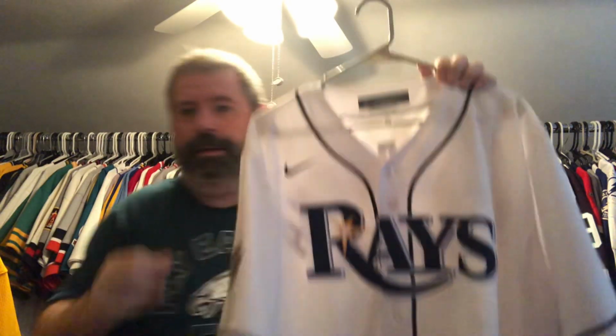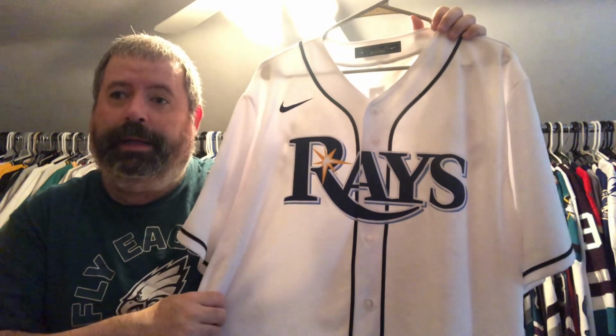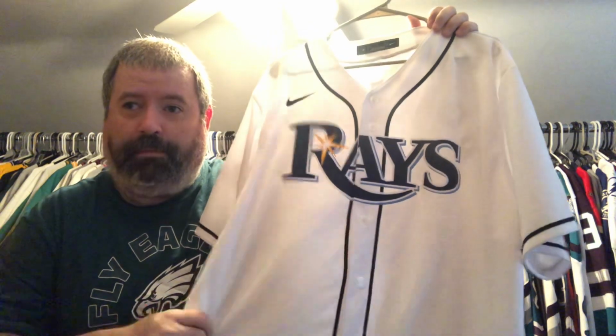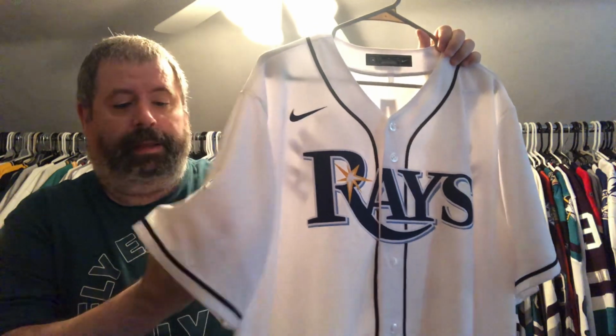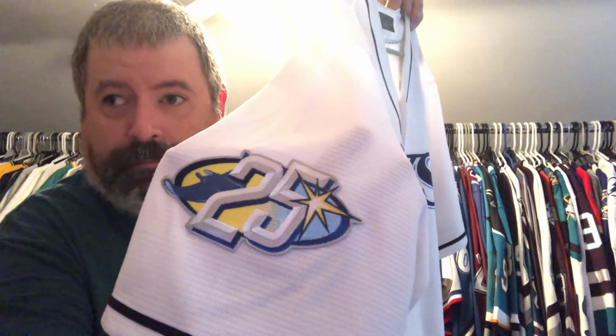I got this a bit ago off of Macari. So we got the Rays. I know the Trop got a lot of damage too, to the roof and everything, and some on the inside too. But this is a replica Nike home Rays jersey, and I got it because it had this on the sleeve, the 25th anniversary patch, and I had to do a little